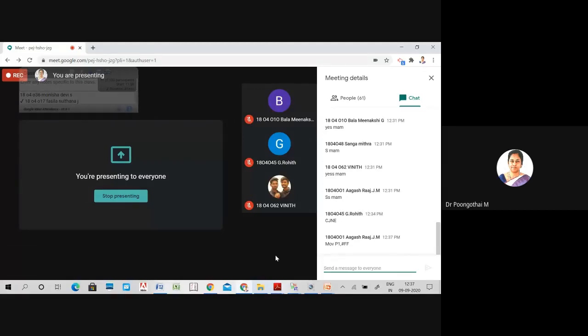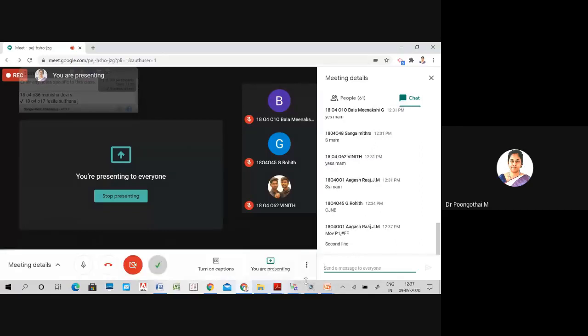Will move P1, #FF come again, or the next line? So once it is initially configured, it will remain in that input configuration. So every time we need not configure the second line. Very good.